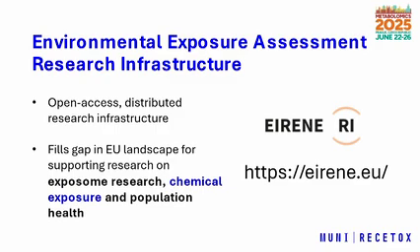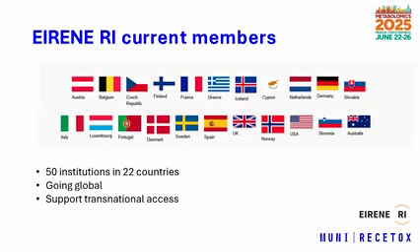But essentially, we joined on the EU landscape to support research on the exposome, with a major component being chemical exposure, which is our link into this community, and also population health studies. We have a large current background for the human exposome, not the wider exposome community currently, but it is designed to be inclusive. It can branch out and extend. It currently has 50 institutions in 22 countries. It is going global. You will notice that we have, for example, the UK, USA, and Australia already present,